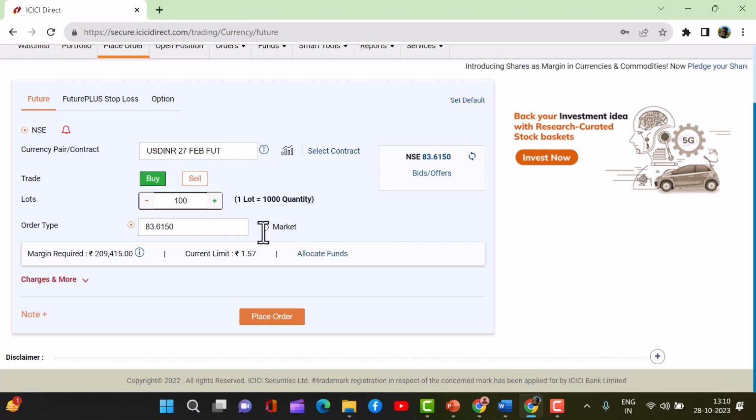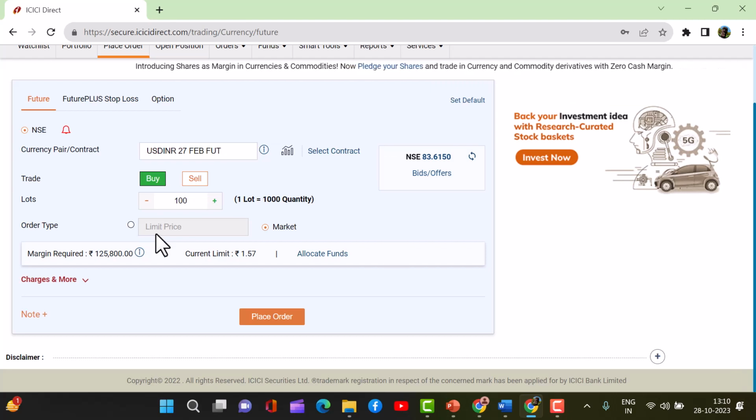So if I put a market one, then the limit price will go off. That means I can limit my price or I can put a market price. Always when you are placing an order for buying stocks or currency, there will be two options given to you. One will be the limit price. You can limit the price, or you can say market price. If you put a limit price, then whatever you have bought will be at that price or even less than that. Fine.